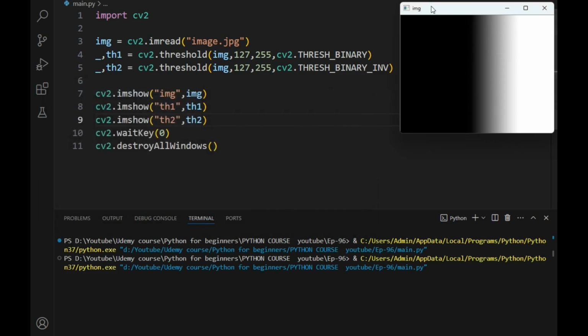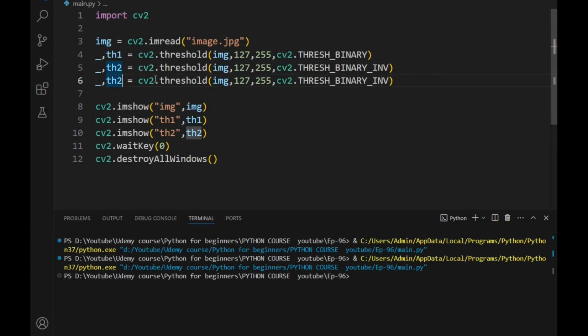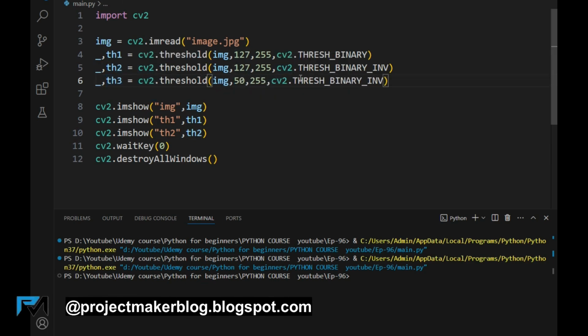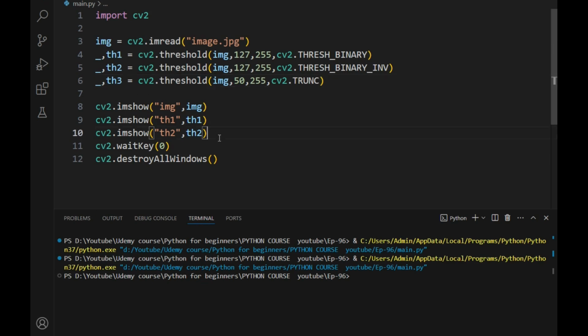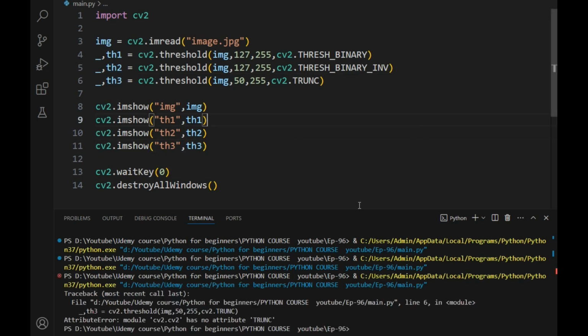Now let's move ahead by trying another threshold method, which is trunc. I will simply copy this line and change the name. Let's keep this as 15 for a change, rename the method as cv2.thresh_trunc, and also add another OpenCV window by making changes here, as you can see. Now let's run the program once again. It's giving me an error: cv2 has no attribute trunc,